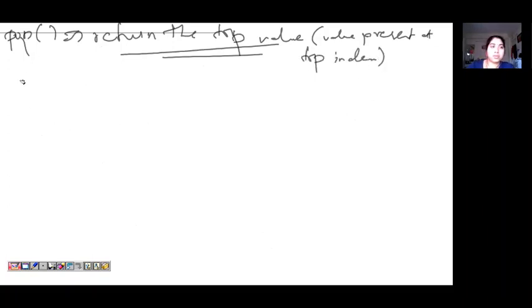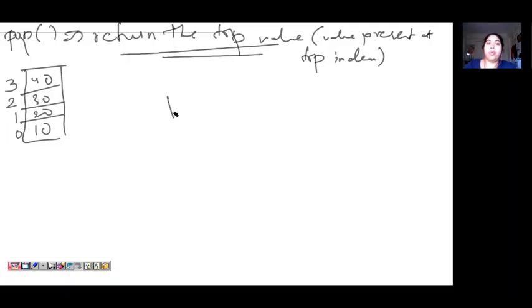Suppose now we have the elements inserted: 10, 20, 30, 40. That is what we have done here. 0, 1, 2, 3. Now when I call pop, what will happen? At this point, it will return the element present at the top. Top is pointing to the third index. So it will return 40.